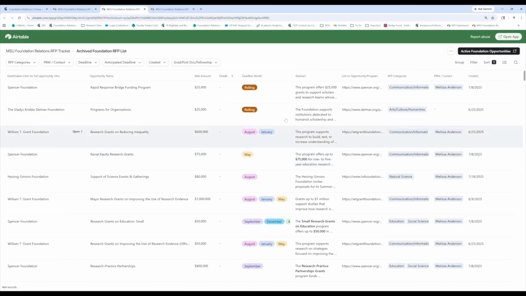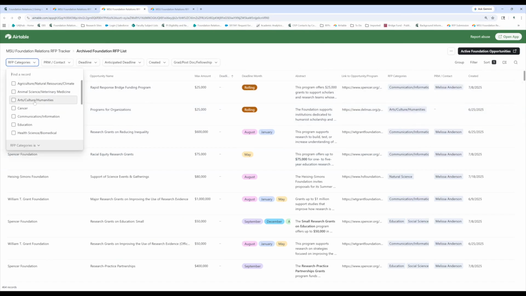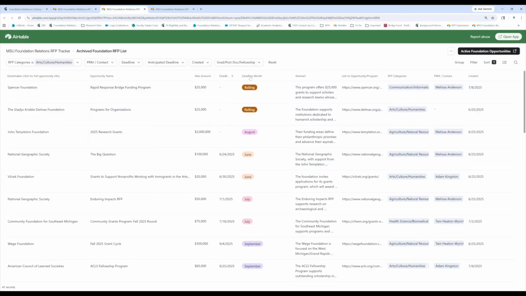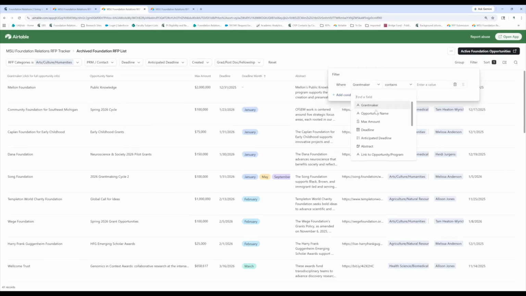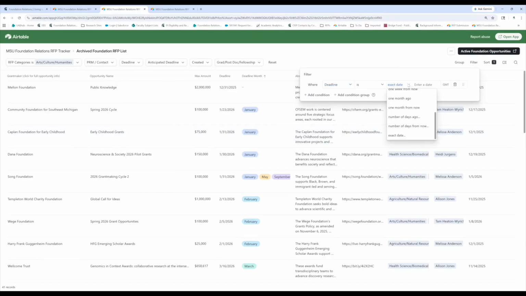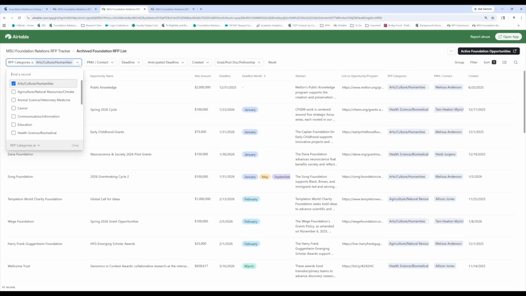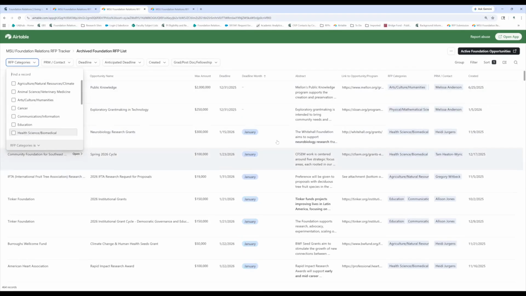Why might we want to know the archived opportunities? Purely because if you are planning for a year, 2 years out, or you want to make a strategy with us, you could go and say, I'm interested in seeing all arts, culture, and humanities funders. And I am interested in being able to apply in, let's filter it this way, I want to be able to look at applying for them in a specific date range. You can go and start planning your next year. I don't have time to go through these individually, but that's what we would use this section for. All right.